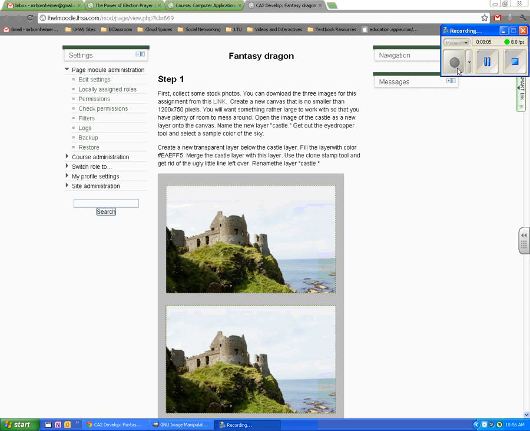And today we're going to be building a fantasy dragon as part of this GIMP assignment. GIMP is a photo editing software that allows us to use layers and other special filters and brushes to create really cool artistic effects. And one of the effects that we want to create today is a fantasy dragon. Now, if you look on the screen here, it's just going to be a step-by-step